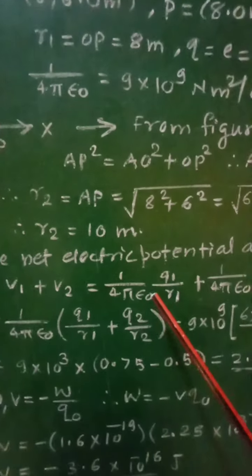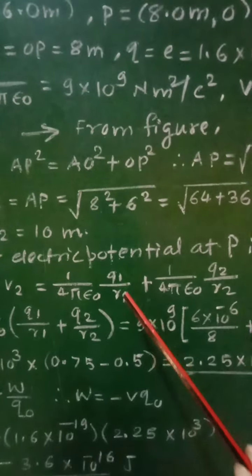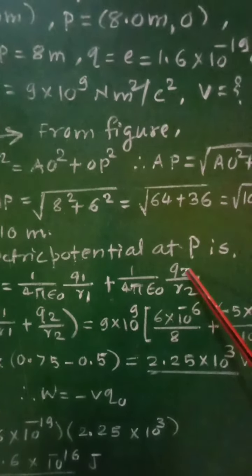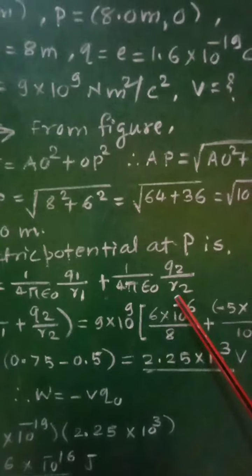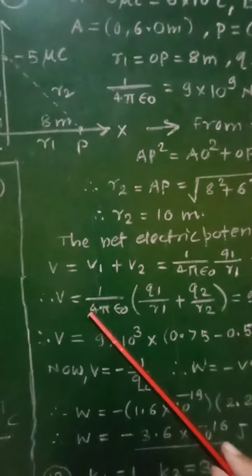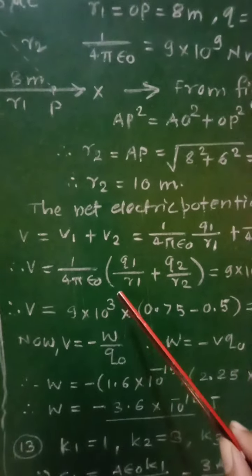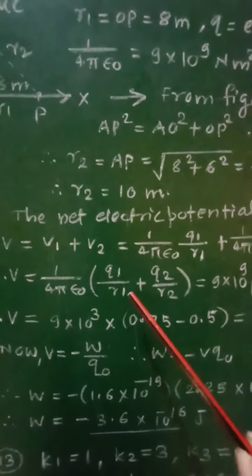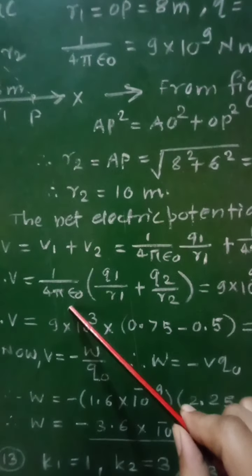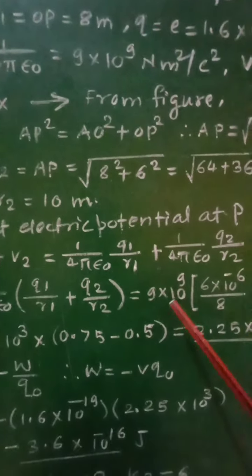therefore phi1 plus phi2 will be written as 1 upon 4 pi epsilon 0 Q1 by R1 plus 1 upon 4 pi epsilon 0 Q2 by R2. 1 upon 4 pi epsilon 0 will be taken common, and therefore we will get phi is equal to 1 upon 4 pi epsilon 0 into Q1 by R1 plus Q2 by R2. But 1 upon 4 pi epsilon 0 has its value 9 into 10 raised to 9, and putting values